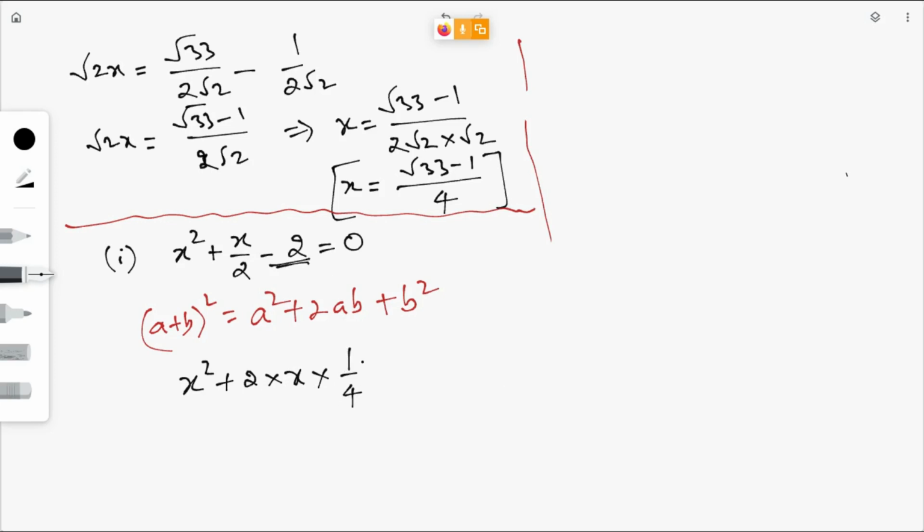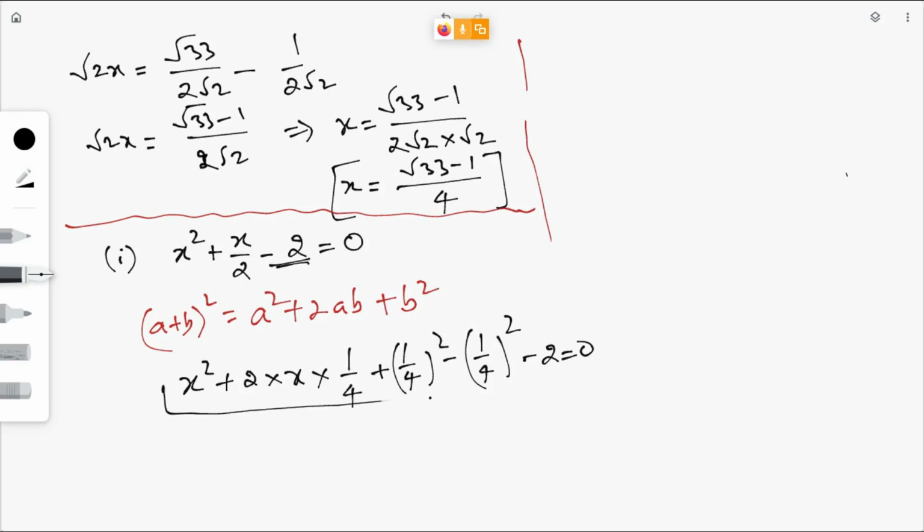First let me write, we got 1 by 4 here. So as per the regular steps, if you get 1 by 4 here, we should add 1 by 4 whole square and then we must subtract 1 by 4 whole square. And then minus 2 as it is, equal to 0. Don't miss this minus 2. Most of you guys, while solving or in your exams, miss this minus 2 because you just concentrate here, you split this one, you get this 1 by 4 and again you will miss this minus 2. Don't miss this minus 2.